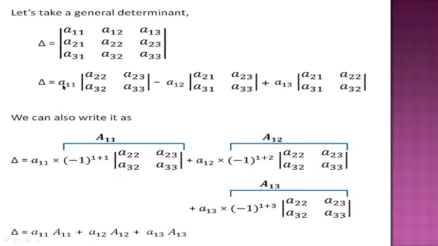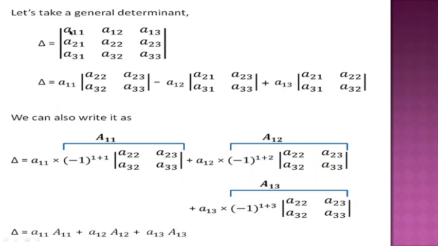Now in other words, we can write this down as A11, if we write it separately. So this determinant into the sign of this, how did we get the sign? By this concept, minus 1 raised to the power 1 plus 1. So if we write this element separately and the rest of the thing here, we can observe that this is nothing but the cofactor A11, corresponding to the element A11.